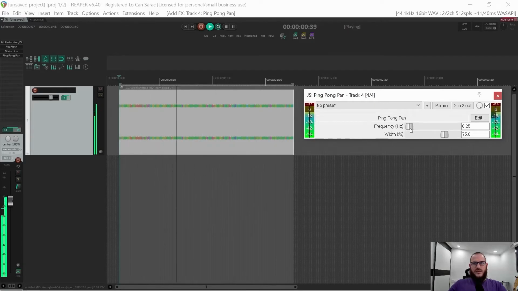One is the frequency. You can think of it as the speed of the movement, and the other one is the width, like how much. If you make it 0, it's not gonna move. If you make it 100, it's the widest. So we want to make it the widest, but the speed of the change,